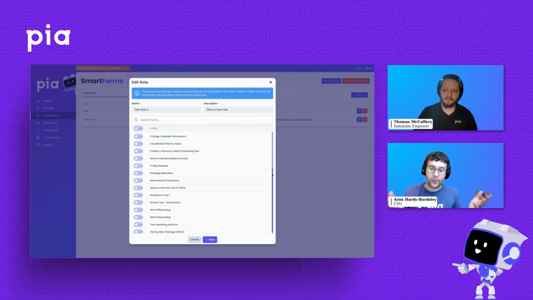But for anyone who's familiar with the user onboarding automation, would know that the user onboarding creates a contact in your PSA anyway. So kind of a self-fulfilling prophecy. When you're getting new staff for your clients, it'll create a contact in your PSA, and Pia would then sync that back in to SmartForms and give them user access to SmartForms if you've got that sync configured.